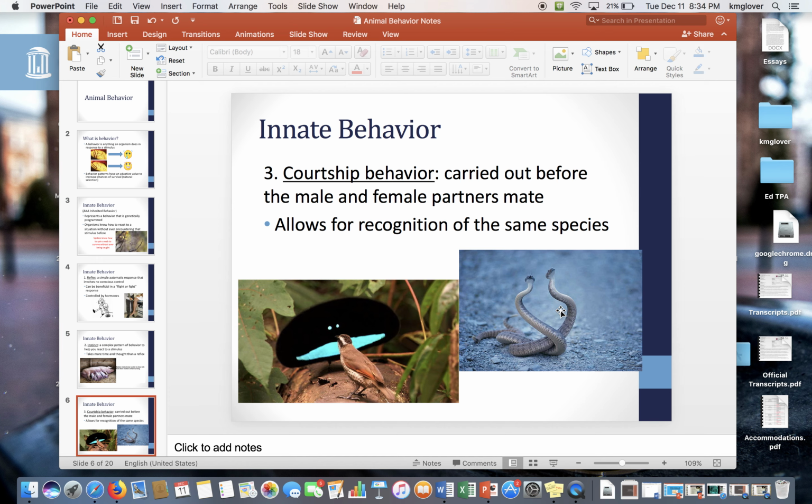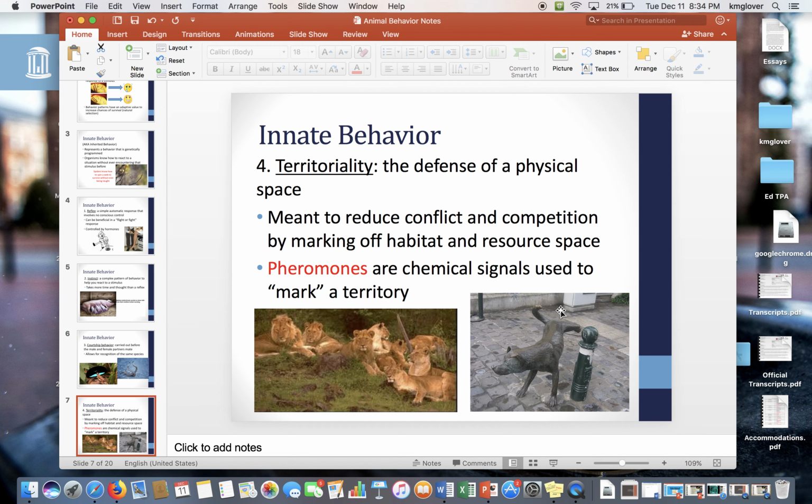So just like dating today, courtship is essentially to get the mate and to reproduce. Okay, so that's a courtship behavior. It's also innate. It's something that animals are genetically programmed to do, especially for songbirds who sing. Number 4,